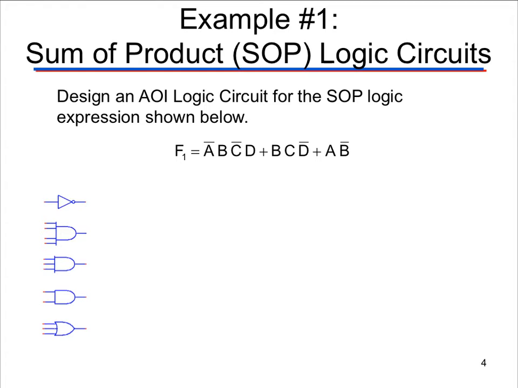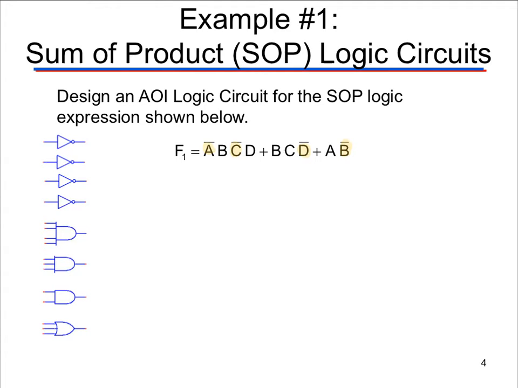All right, so the first thing we should look at is which ones have inverters on them. A has an inversion, C has an inversion, D has an inversion, and even B has an inversion. So we're going to need an inverter for each one of those. Okay, so if we take my inverter here, let's see if I can copy it a couple times. All right, now I have 4 inverters, one for each one of those